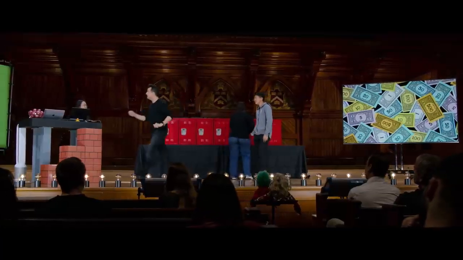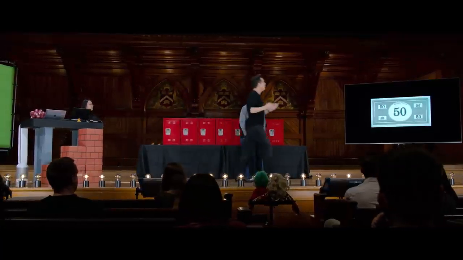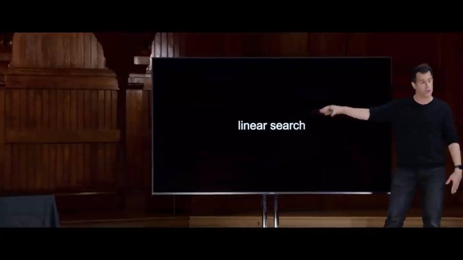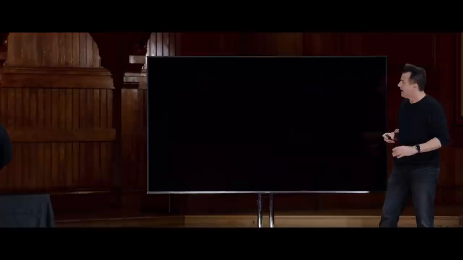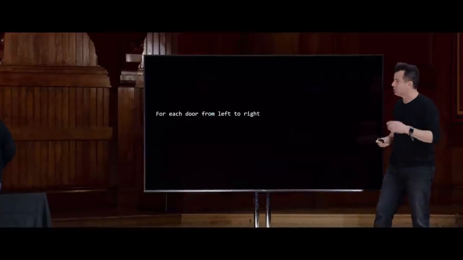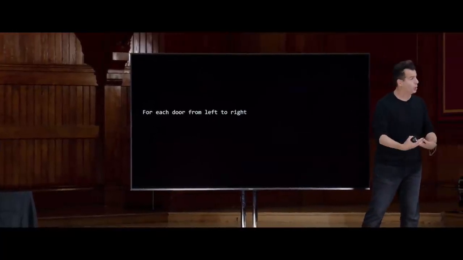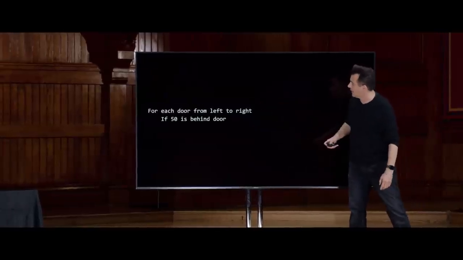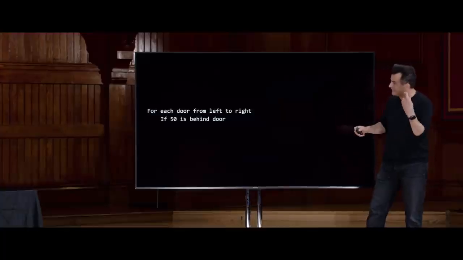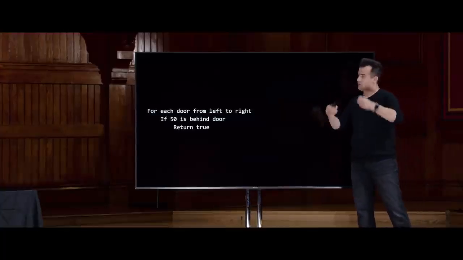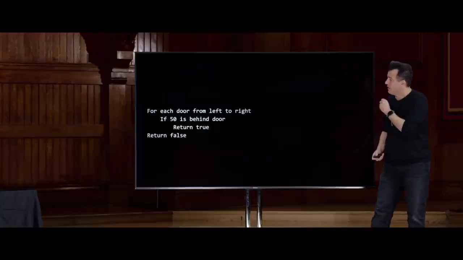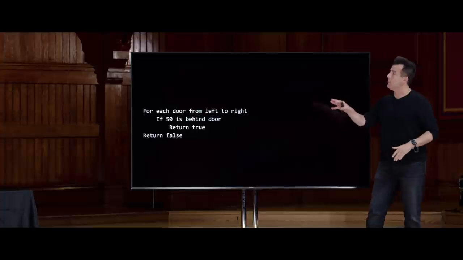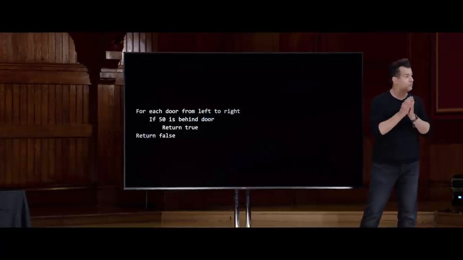Before we try a second algorithm, let's take a look at some pseudocode. What you implemented with my encouragement was something called linear search, literally walking in a line from left to right. If we take the fun out of searching for money behind doors, we can make this more algorithmic with pseudocode, English-like code written in very terse language. You did, for each door from left to right, if 50 is behind the door, ideally, then you would have returned true. And that's when everyone applauded, of course. Else, if not, you might return false at the very end of this code. So we got lucky, 50 was there. But if you hadn't, you might have decreed, oh no, there's no 50, so I return false.